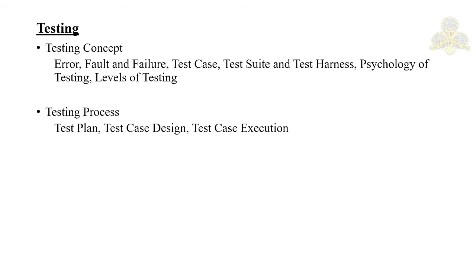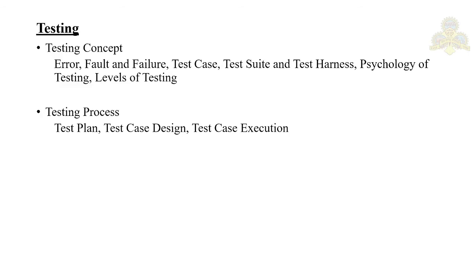So the final code is likely to have some requirement errors and design errors in addition to the errors introduced during the coding activity. So to ensure the quality of the final delivered software, these defects will have to be removed. Basically, we have two approaches for identifying defects in the software: static and dynamic. In static analysis, the code is not executed but it is evaluated through some process or tools to find the defects. For example, the code inspections that we just discussed. That is a static technique for finding defects.